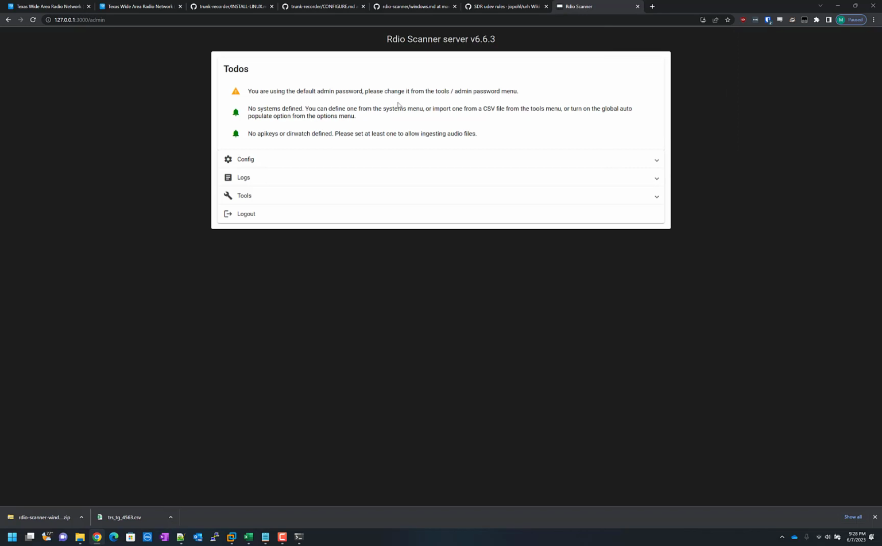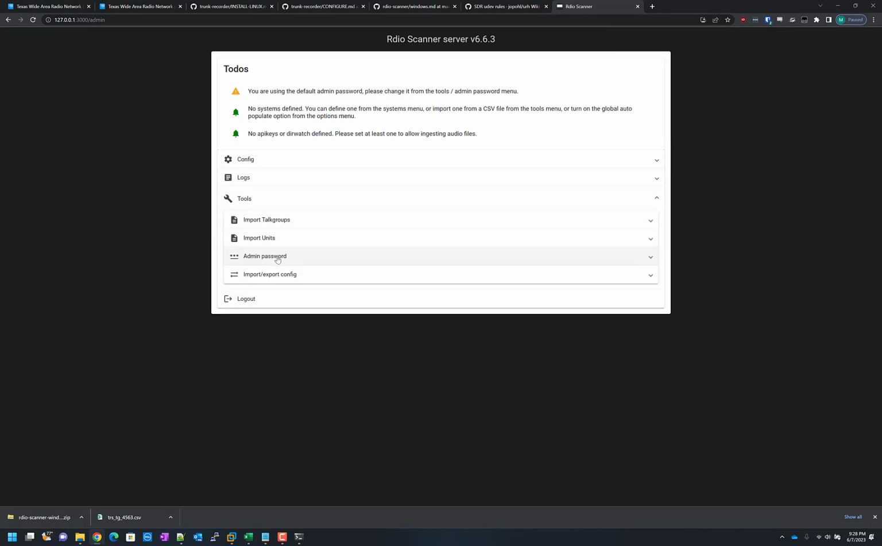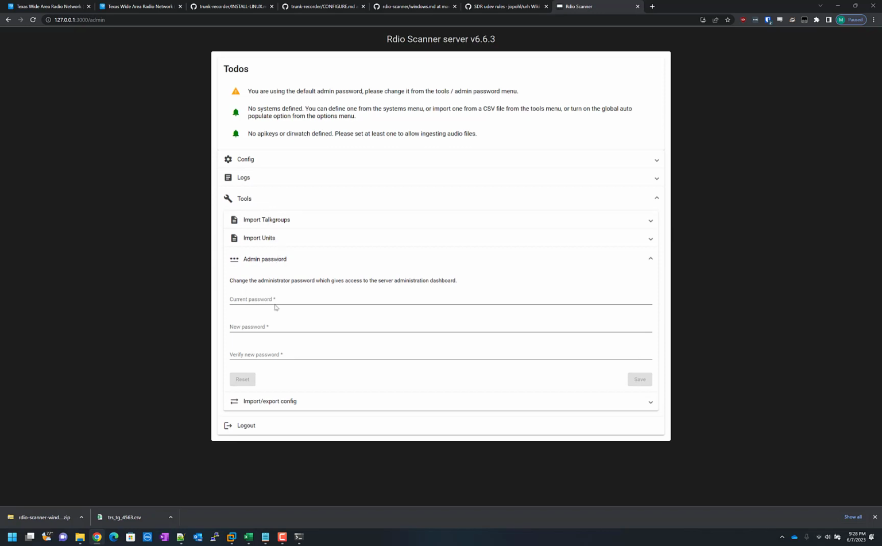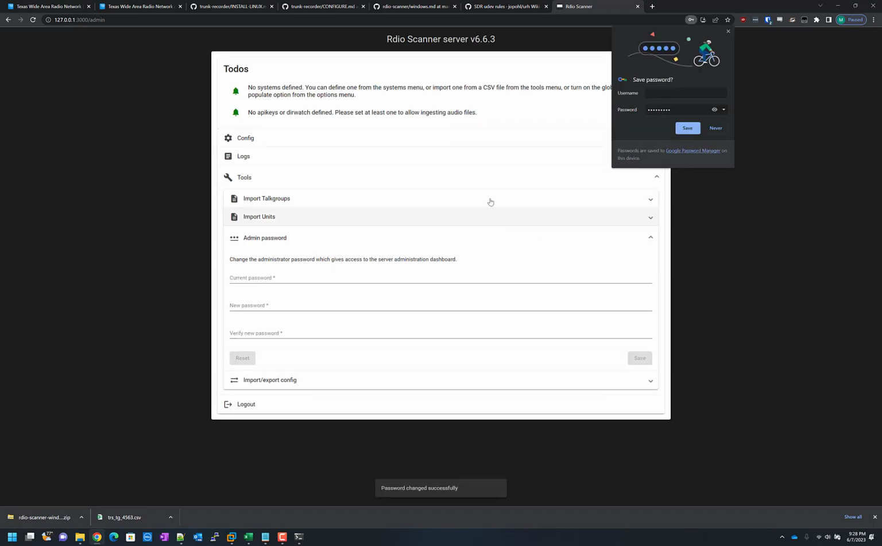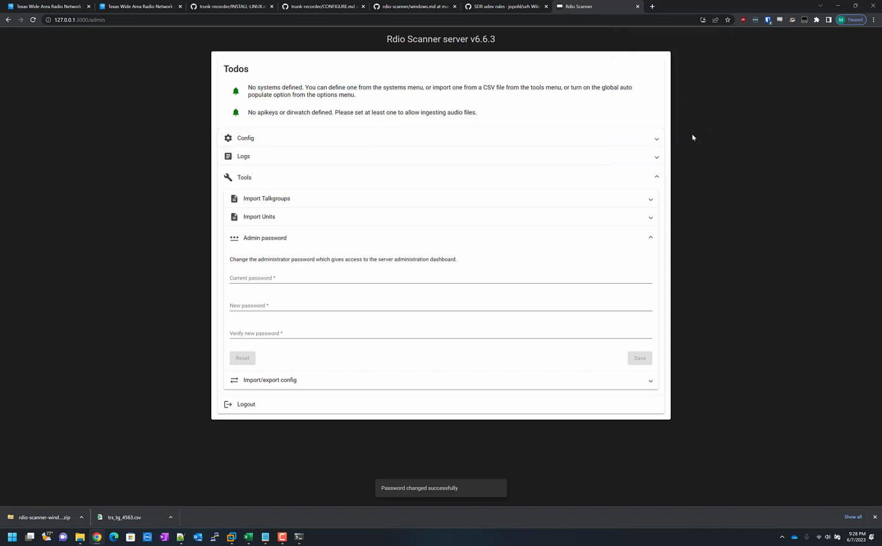So if I switch back over here, paste that in, and log in, I've got access to it. You can see right now it's complaining because we are using the default password, so we can change that real quick by going to Tools, Admin Password, paste that same default password in, and then we set our own password. Hit save, and it's happy again. Don't want to save it in Chrome. All right, so that gets us logged in, and that gets us the